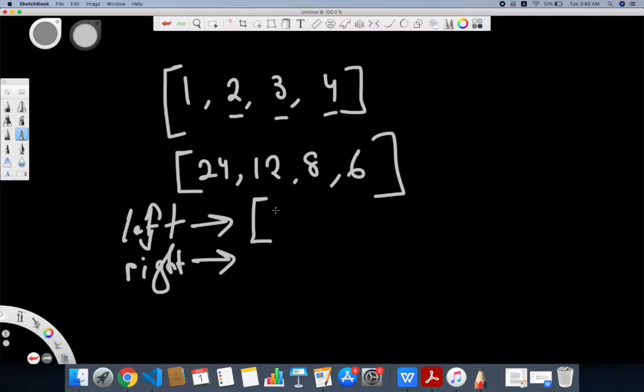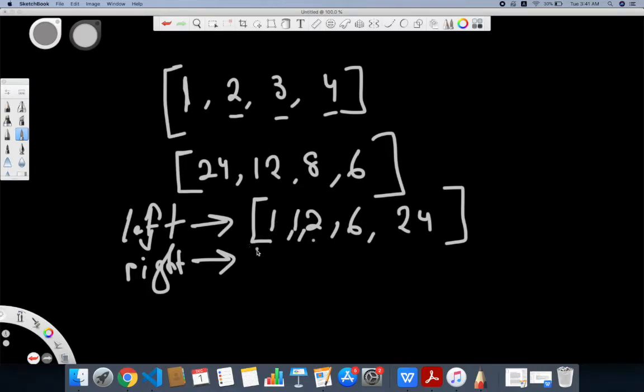So first it will be 1, then it will be 2 times 1, which will be 2, then 3 times 2, which will be 6, and then 4 times 6, which will be 24. Actually there will be another one here, because we will first insert a dummy 1 inside